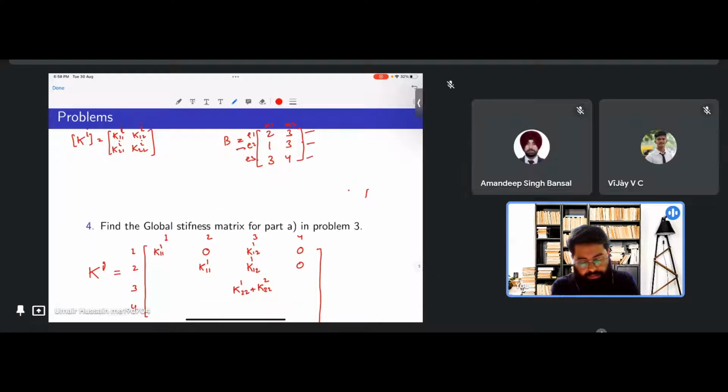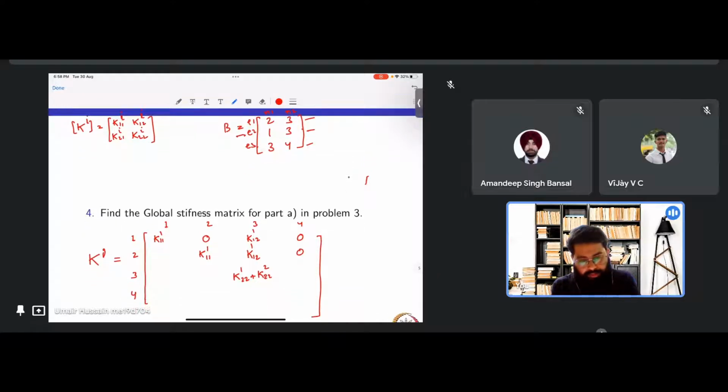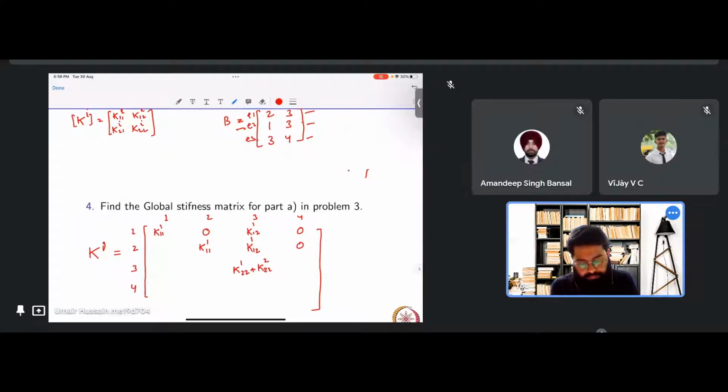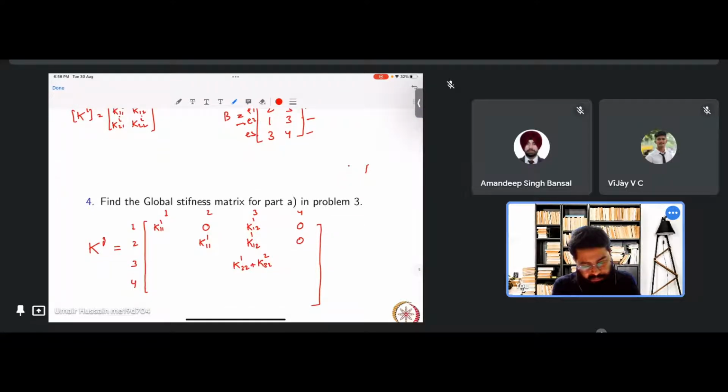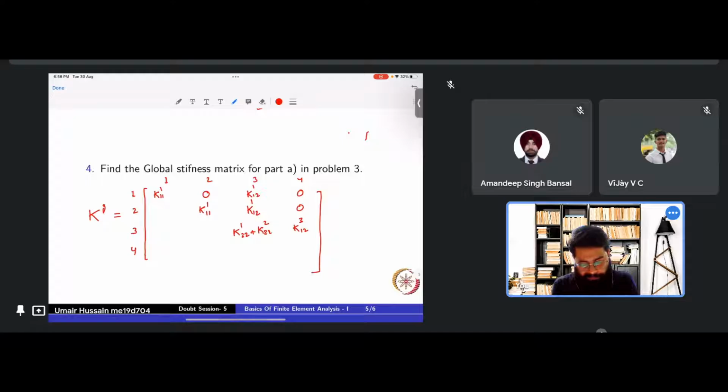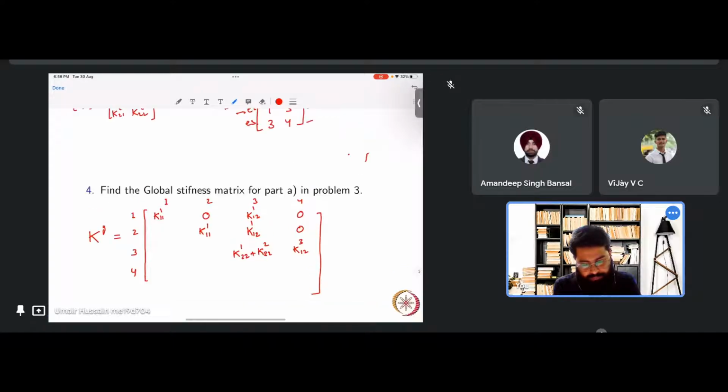Yes, we have from this E3. 3 4 is basically k 1, 2 or 2, 1 of the third element, right? And of course for 4 4 we have a contribution from